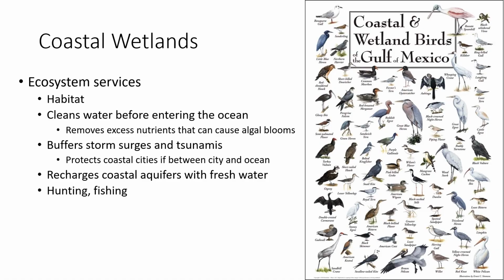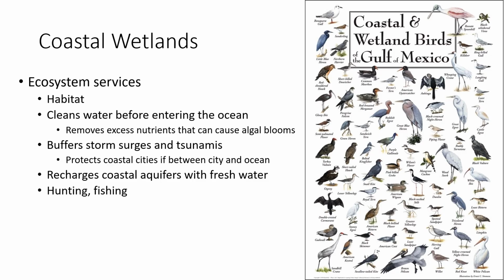Some ecosystem services include habitat. Again, lots and lots of birds in coastal wetlands, but many other organisms, from reptiles like saltwater crocodiles and alligators, to mammals. And lots of fish. They clean the water before entering the ocean, so they remove some excess nutrients. We have lots and lots of plants, all those grasses in the marsh or sedges, all of those trees in the swamp